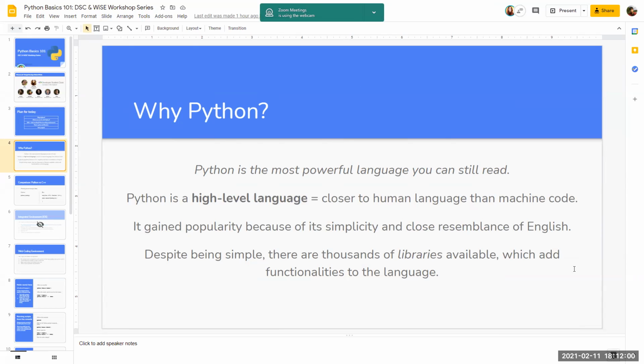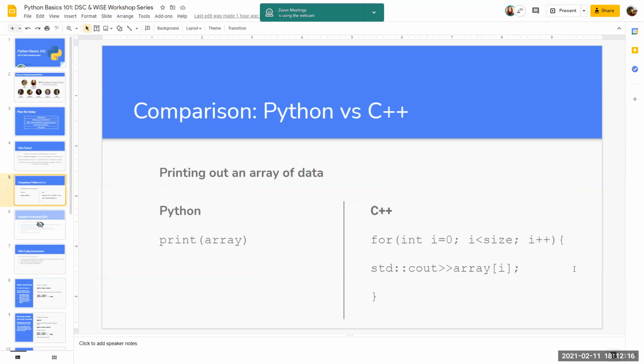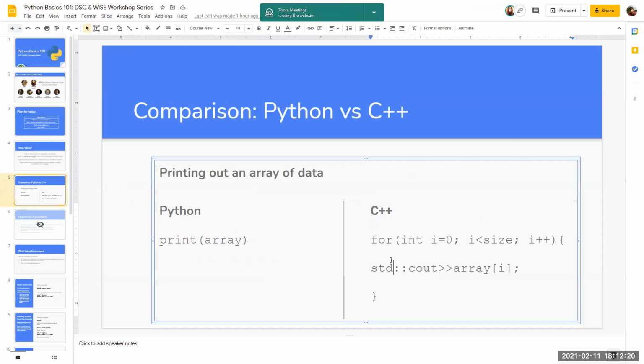It's popular because it's simple, close to English. And the important thing about Python is that it's really easy to use in a lot of different applications. We'll get into the libraries later, but what it effectively means is that it's really versatile and simple, which just leads to a really good combination if you want to explore later on. When I say it's simple, this is the best way of explaining it. This is C++, it'd be similar in C and a lot of other languages. And when you see that